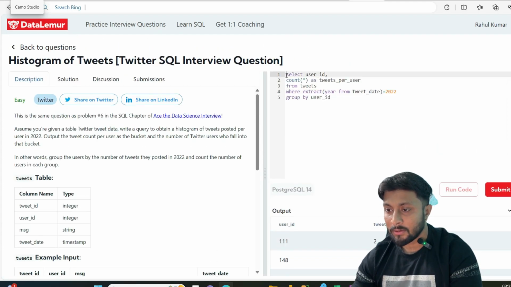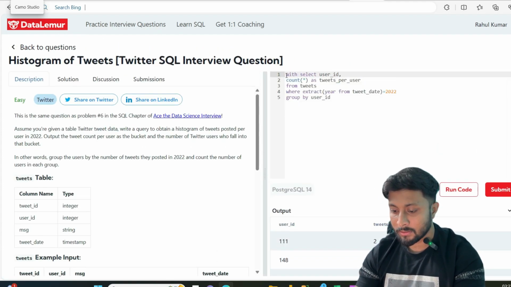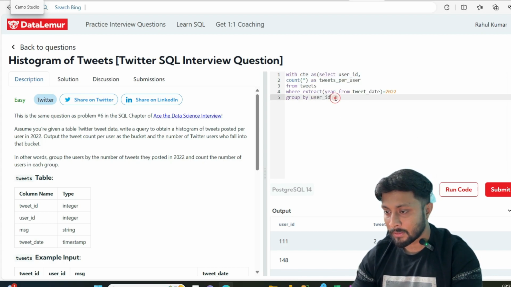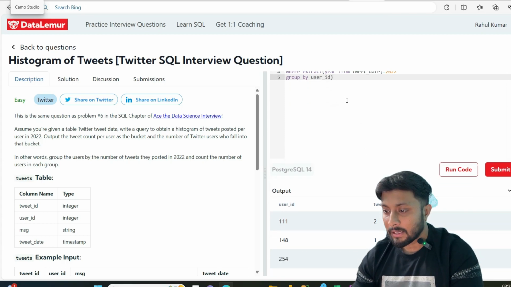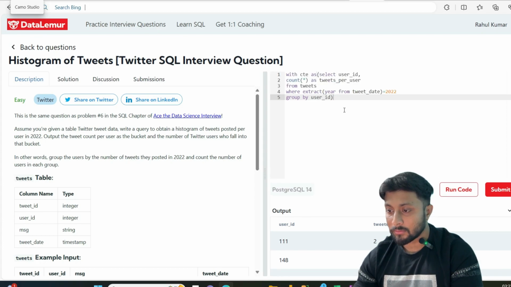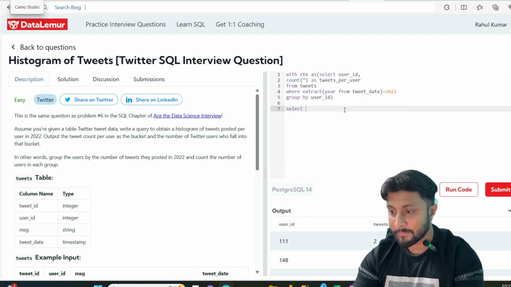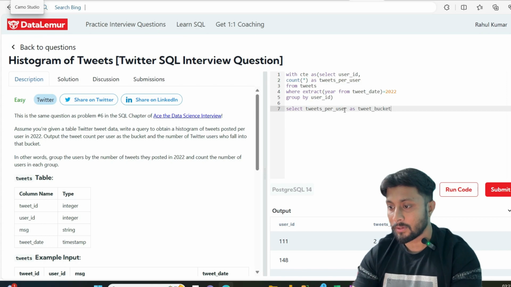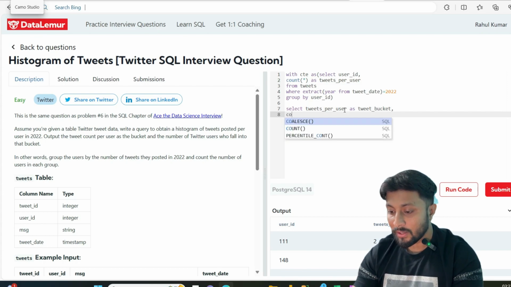Now what we can do is put this particular query into a CTE table with CTE as. Okay, and the number of tweets per user, if I make it the tweet bucket, so let's do that. Select tweets per user as tweet bucket. Okay, comma, now we are counting the